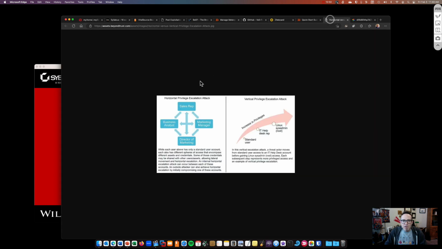And in fact, I think it's here as an example. This is from Beyond Trust, but moving around as different users. If you're a business analyst and you can then become director of marketing, you might find some pretty decent stuff here, or you might have more access here than thought. In fact, you might find the password for other systems. For example, director of marketing might have access to